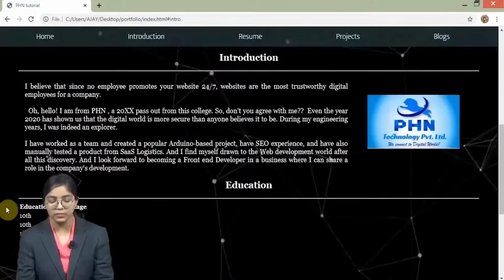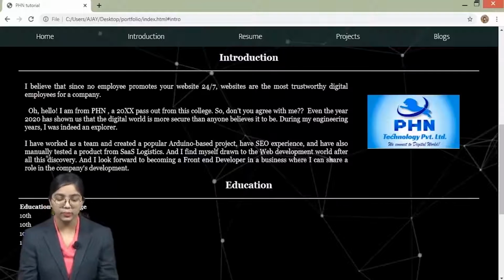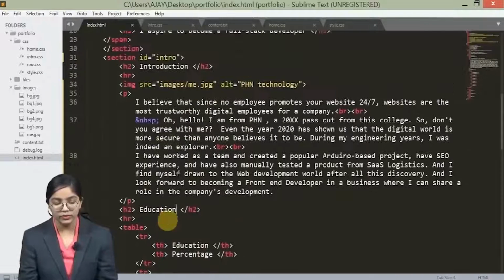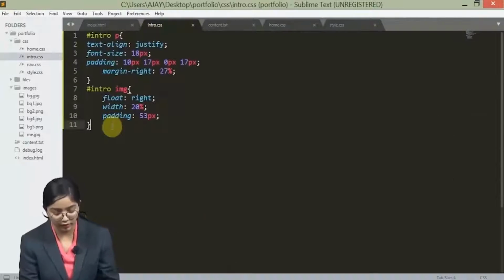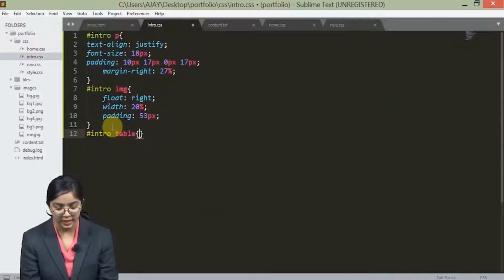Now you can give a particular margin and padding to these subsections so that they shrink a little from the corners, from the right and the left corner. Now you can see that this particular thing has come very small and has no styling at all. So we need to give the styling for this, right? So we will go into our intro. We'll enter the parent name and then the tag name as table, right?